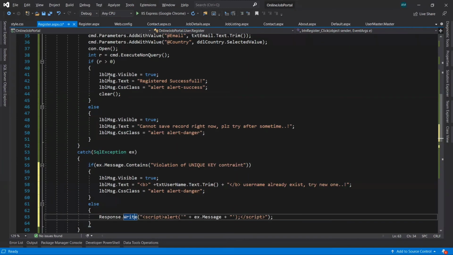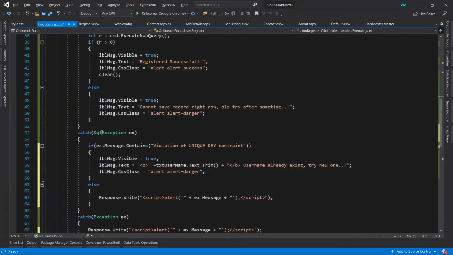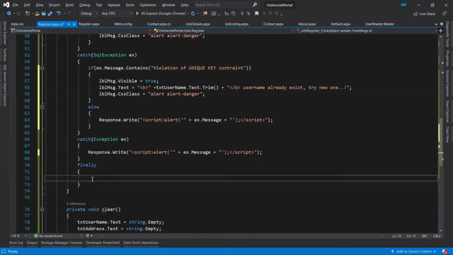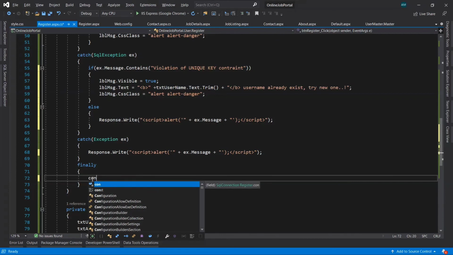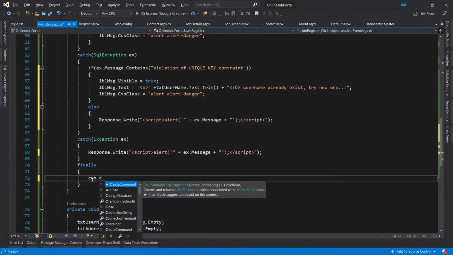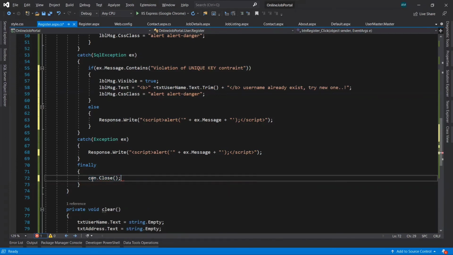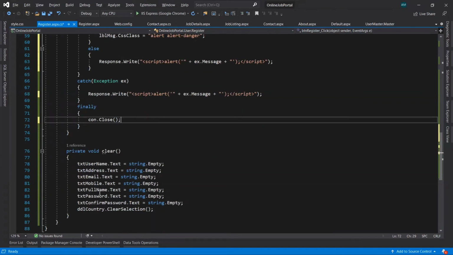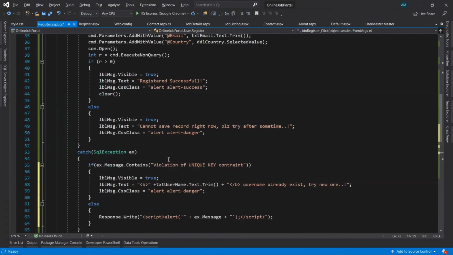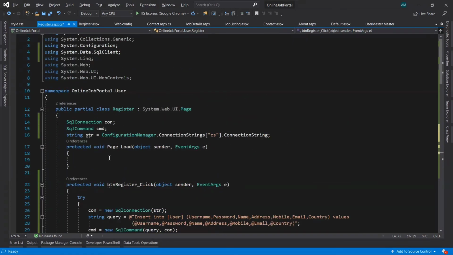Here we have opened our connection. Now let's close it inside the finally block with close. Now the execution part for this register has been completed. Let's run and see.